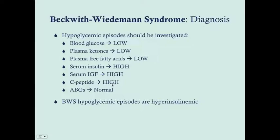Now, why do we get a C-peptide? It's common practice to get a C-peptide anytime you have a child coming in, or anybody really coming in who has high insulin levels, because we want to know, is this endogenous insulin or is this exogenous insulin? Now, if the child has been in the hospital the whole time, you might be safe getting by without getting